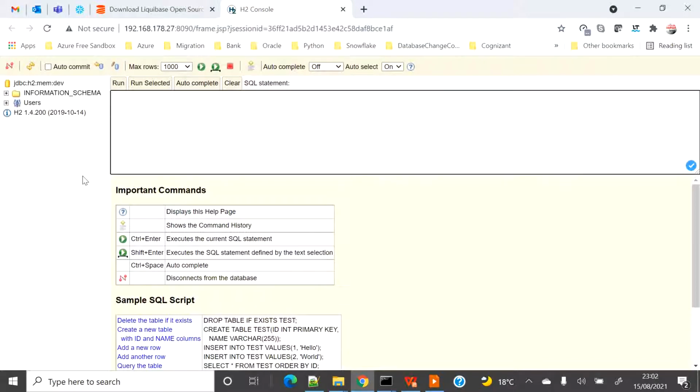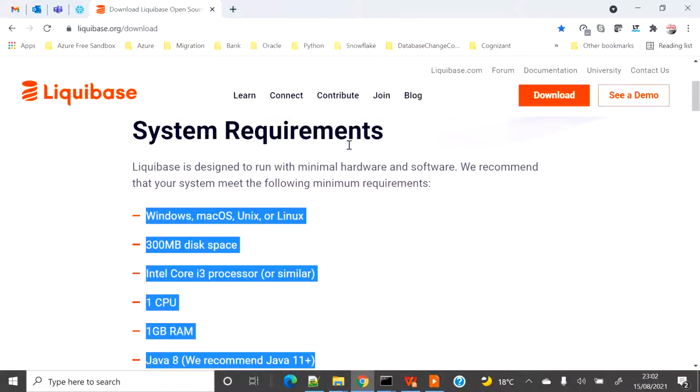Here you can create and insert, and do everything you want, like in any other normal database. The only difference is the moment you close this database, everything will be gone because it's an in-memory database. Nothing is stored persistently. I'm not going to use the H2 database because I'm going to demo on Snowflake. So I'm closing this.